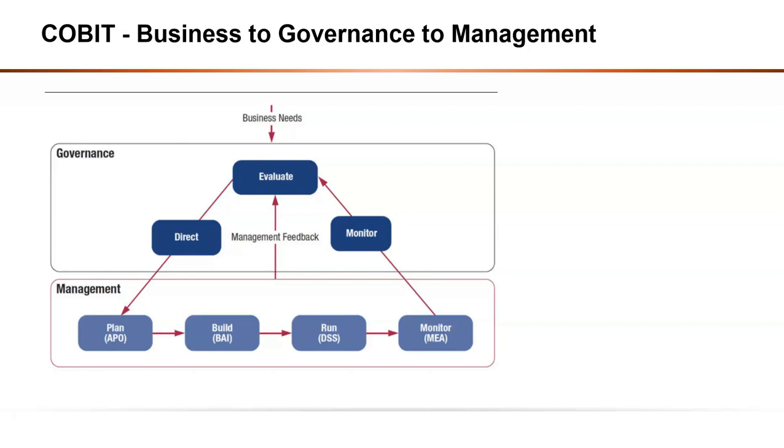If you look at what's inside governance and management, governance has three boxes: evaluate, direct, and monitor, EDM, what they call. Evaluate looks at what the business is asking for, what their needs are, and then directs to the management so that the management plans what to build, builds and runs those applications, and then monitors how they're running and reports that back to the monitor aspect of the governance. Ultimately, the evaluation box gets fed the information from the monitor, the management feedback, and business needs. So this picture tells us that COBIT gives a framework to support governance and also management in terms of their